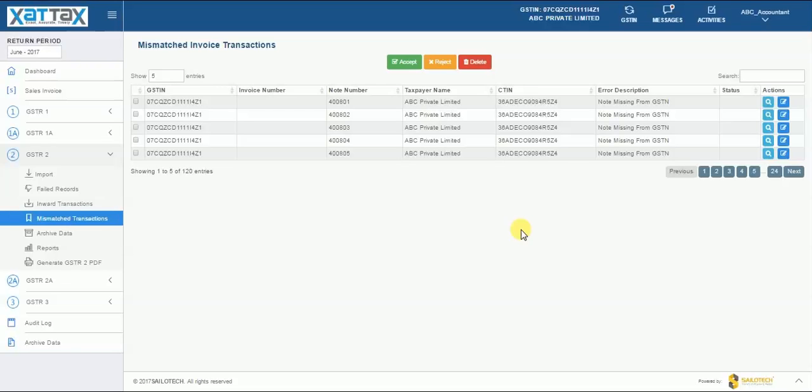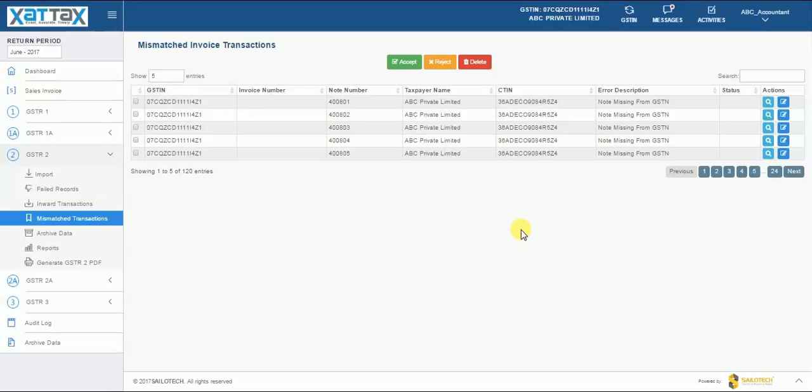This can be possible when the inward transactions recorded by the accountant in the system are compared with the transactions reported by his or her supplier in the GSTN, where they may have some mismatch of values. To take care of this aspect, there are three options available such as accept, reject, modify. When the accountant chooses the accept option, he or she assumes that whatever his or her supplier has reported on the GSTN is correct.